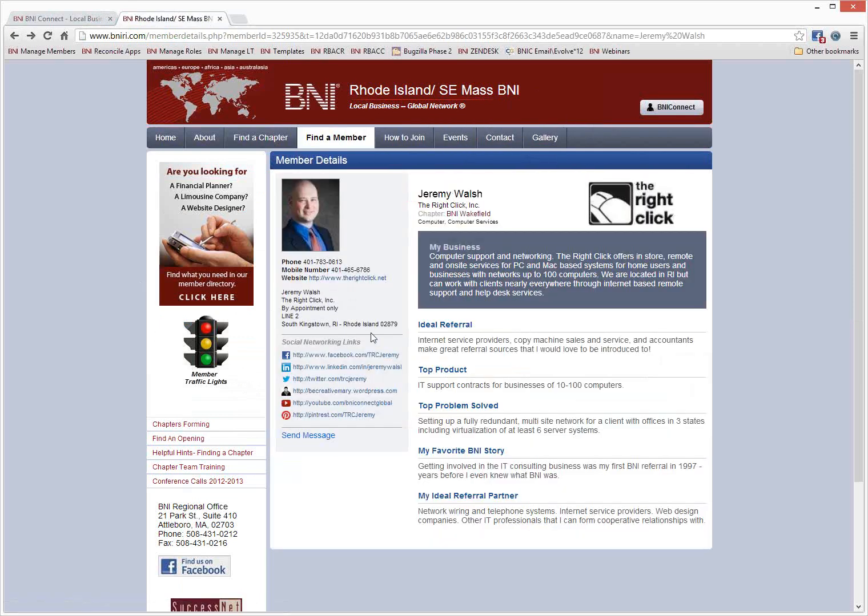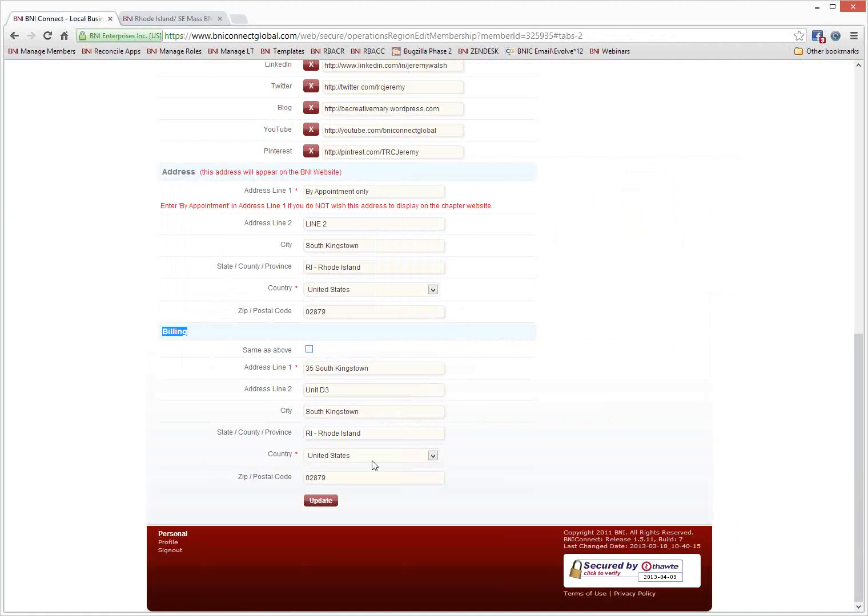So again, looking at my profile, this is the address that will appear on the profile. Now, if you happen to have a private home address, working out of your house, or you just don't want people to know your physical location, my recommendation is to make sure that your real address that people need to contact you from the office is listed in your billing address, but put something into this primary address as by appointment only, or